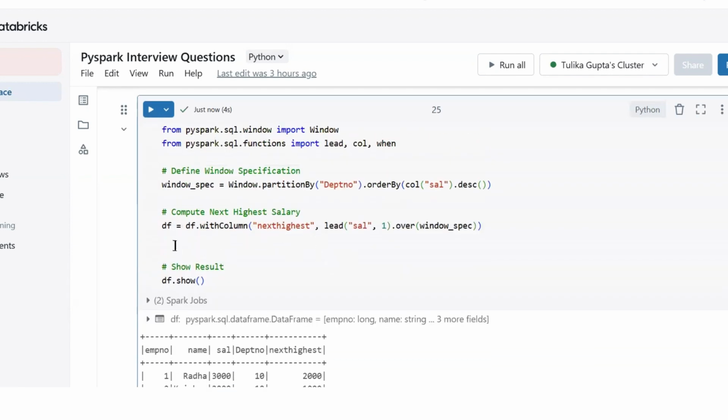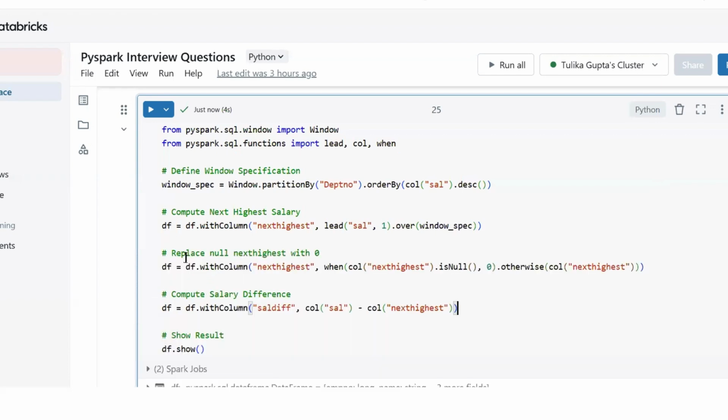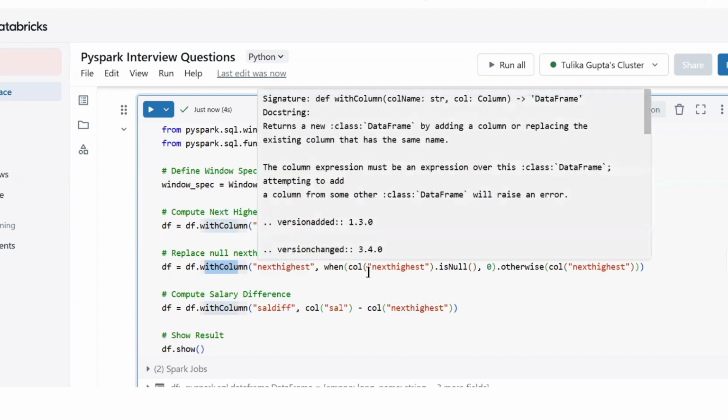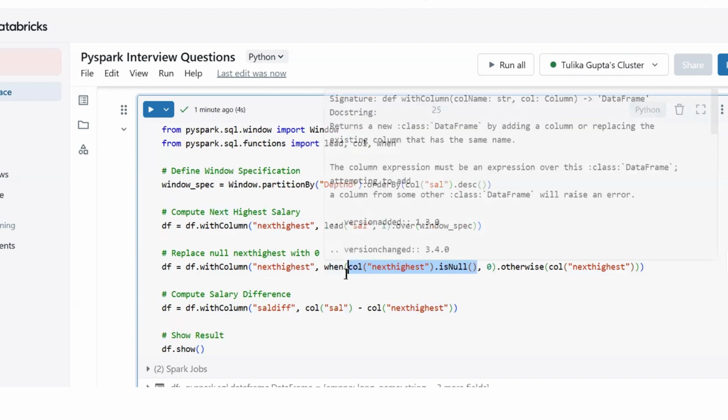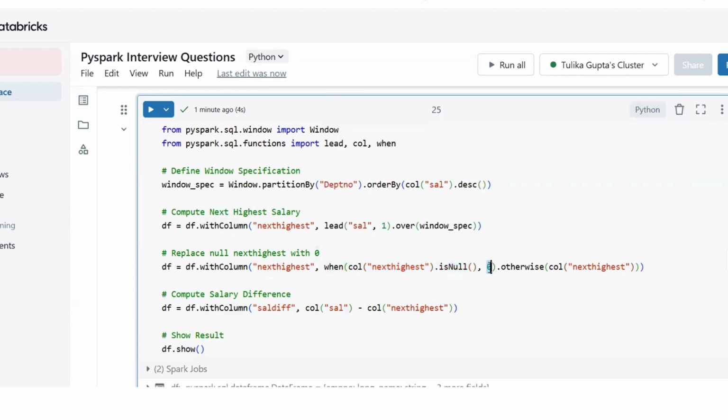So I'll paste some code. We are going to modify this column that we just created. Here again, we make use of withColumn, with the name of the column that we want to modify. Then using when, we check whether it has a null value, then we replace it with 0.